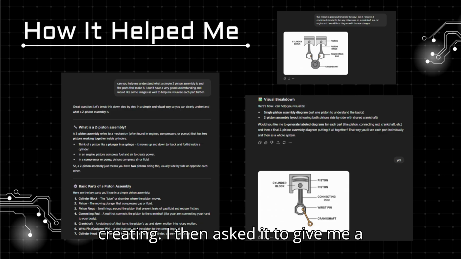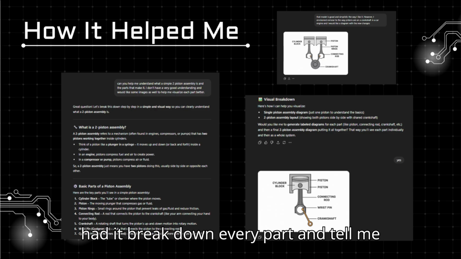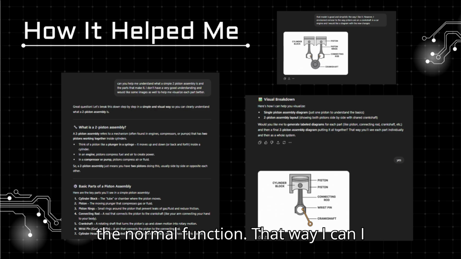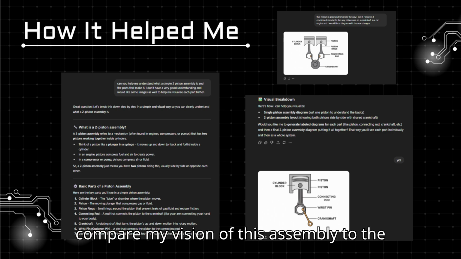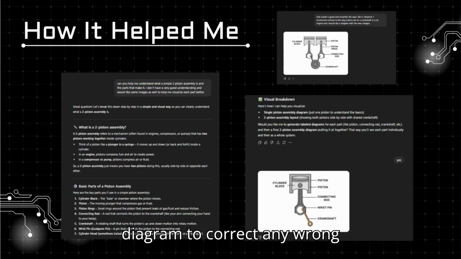I then asked it to give me a few diagrams so that I could help visualize what was being said to me. I had it break down every part and tell me the normal function. That way I can envision it myself and then compare my vision of this assembly to the diagram to correct any wrong